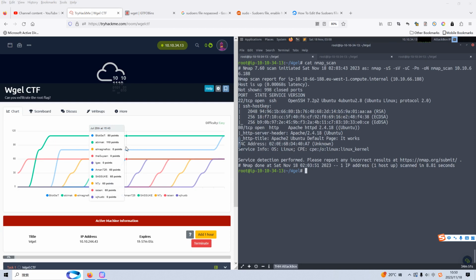Dear friends, I'm back with another machine on TryHackMe, which is Wgel CTF. From the machine name, we can guess that maybe this machine has some connection to the command wget. So in this episode, I'd like to show you that wget can not only download a file from the server, but also post or upload data or files to the server. And I'd also like to show you how to do the privilege escalation by using this wget